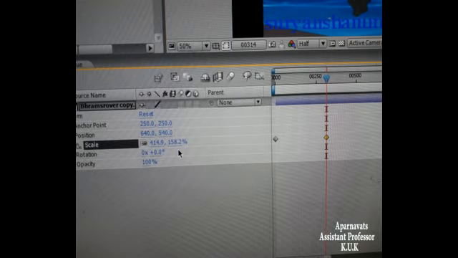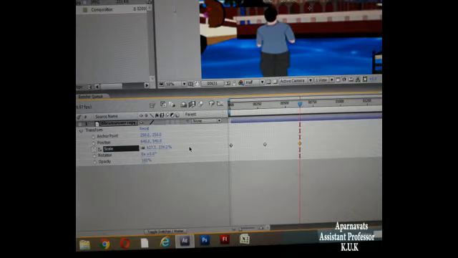You can decrease at 300 on the timeline, opacity to 45, and at 500 on the timeline you can set 90, you can increase the opacity, and at 500 on the timeline you can change your opacity to 30. Like this, one by one in transform, you can change position, scale, rotation, opacity.